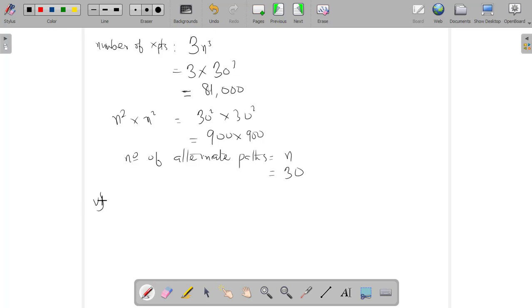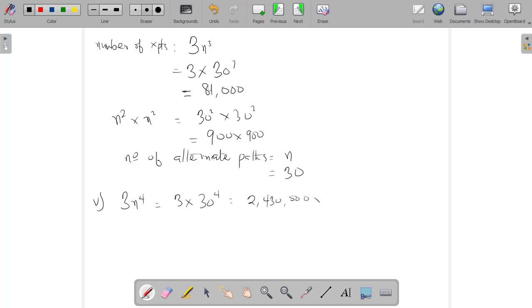Then finally, we are supposed to find the number of cross points. Now, if we use a three-stage matrix using the square matrices as building blocks, so now we are going to use the 30 by 30 small matrix to build a three-stage network. So to find the number of cross points, that is given by the formula 3 times n to the power 4. And so we have 3 times 30 to the power 4, simplified to